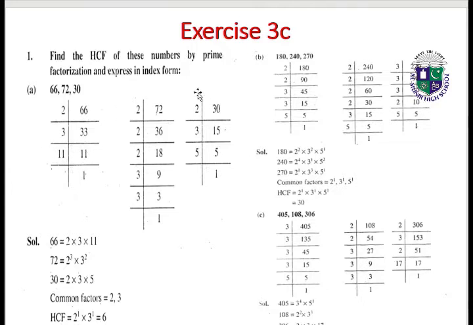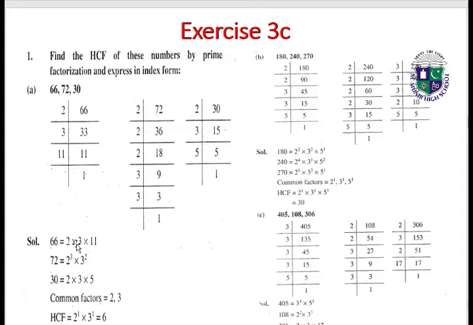11 1s are 11. 2 3s are 6, 1 carry 12, 2 6s are 12, 2 1s are 2, 1 carry, 2 8s are 16, 2 9s are 18, 3 3s are 9, 3 1s are 3. 2 1s are 2, 1 carry, 2 5s are 10, 3 5s are 15, 5 1s are